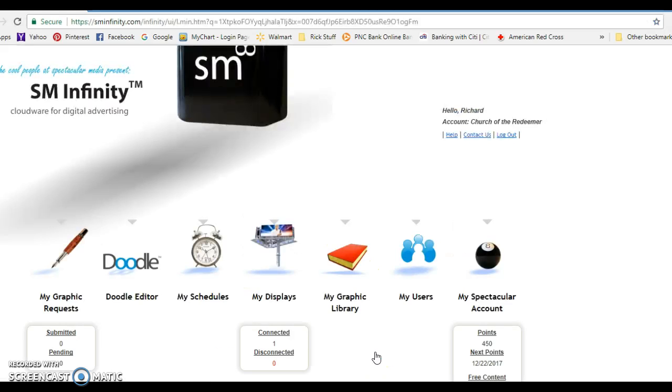Okay, and all changes to our sign are done through this website, which means you can do it either at the church or at home, which makes it very convenient to change. When you log in, you'll come to the home page, and you will have a choice of different ways to go. We will start with how to make a screen, and it uses something called a doodle